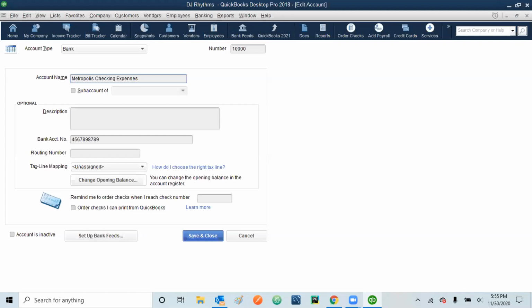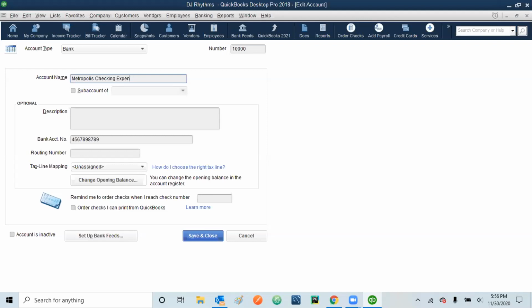So you know that once you are issuing a check for a specific purpose, from the name of the account you will know. Once you open your account in QuickBooks, you will know if you are paying salaries, you will be using the right account, or when you are paying expenses, you are using the right account, or some other reasons. So every type of expense will have a separate account, or sometimes for collections, you can also give a collection account, so that you get the right number once you are putting the money inside it.